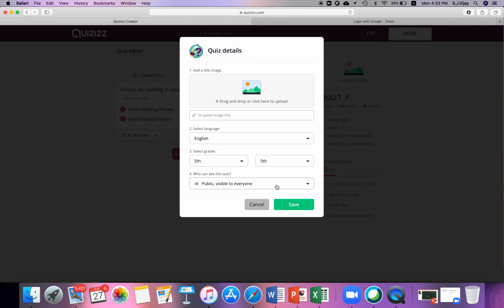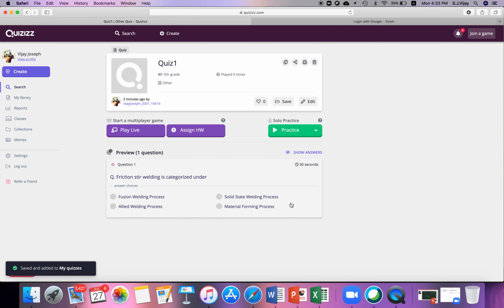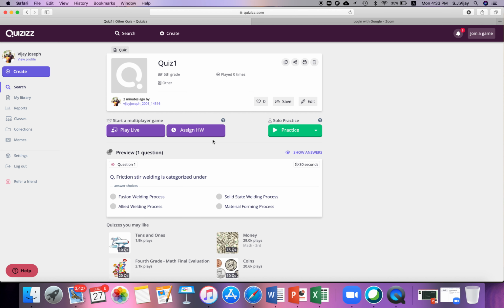Just because it's a simple tool, they have given only up to fifth, but when you're using an app it can go up to university level. So I'm just randomly selecting fifth and give save. You can also add a figure to this in the option which is in the previous screen. So here we are going to assign the quiz to a certain class. That is, we are going to add this in a presentation.